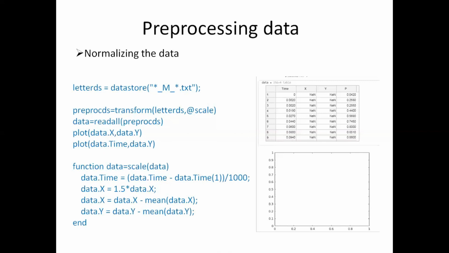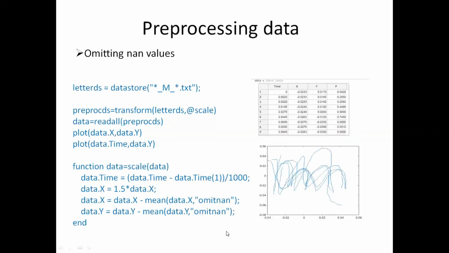Those are undefined values that get inserted into the table, because of which we did not get a proper plot. To avoid that, we include one more additional parameter while calculating the mean. We ask it to omit the NaN values. Now you can see there are no NaN values.